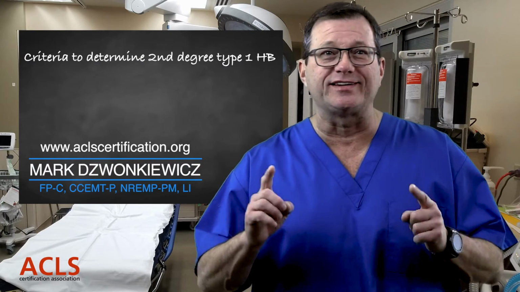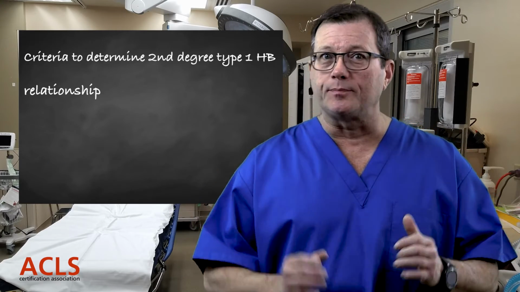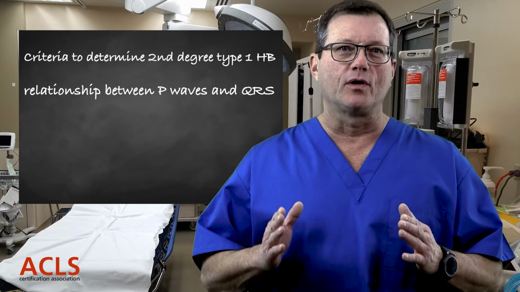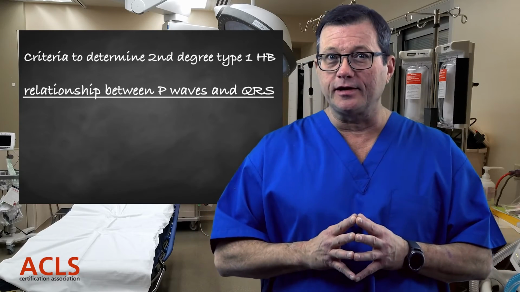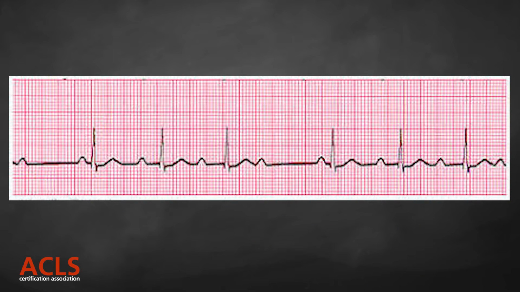Okay, so what's the criteria to determine a second degree type 1 heart block? Remember, in heart blocks, again, we're looking at the relationship between the P wave and the QRS. In a second degree type 1 Wenckebach, what you're going to find is an increasingly longer PRI interval until the